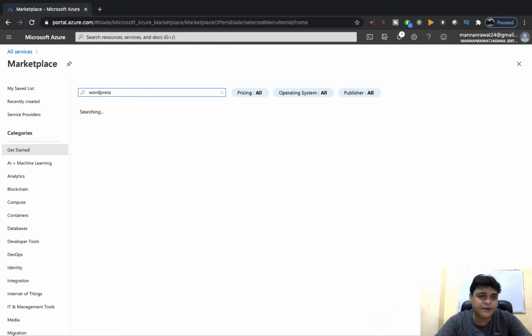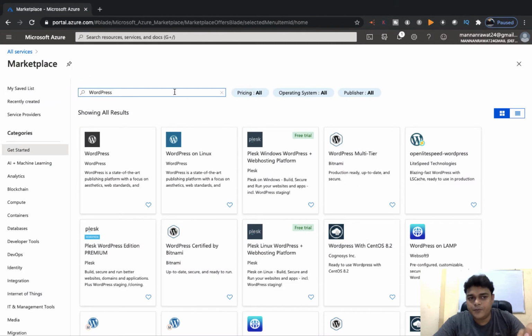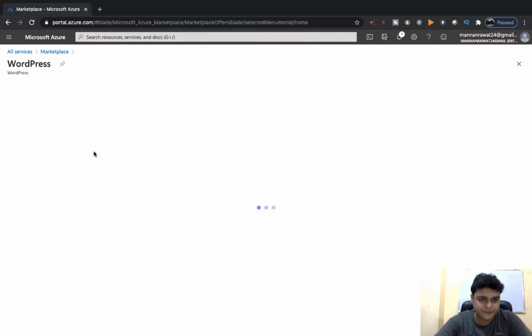It will search and give you multiple types and multiple providers that can establish your WordPress server. Once you type WordPress, you will get lots of options available to purchase and create your WordPress servers. I'm just going to proceed with the first one. Select your WordPress service provider, and we need to provide some information.